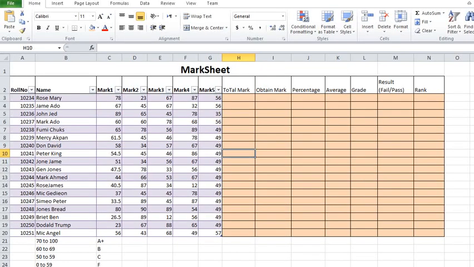This is how to prepare mark sheets. We are going to find the total mark obtained, the percentage, the grade, the average, the results, and the rank. First of all, to find the total,